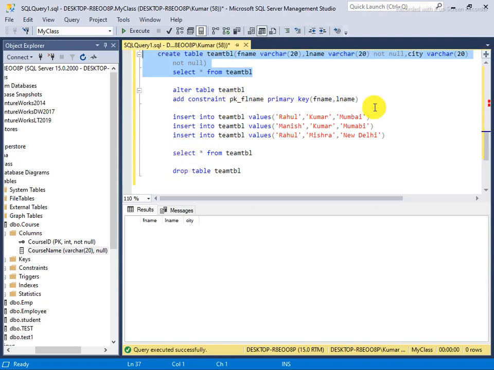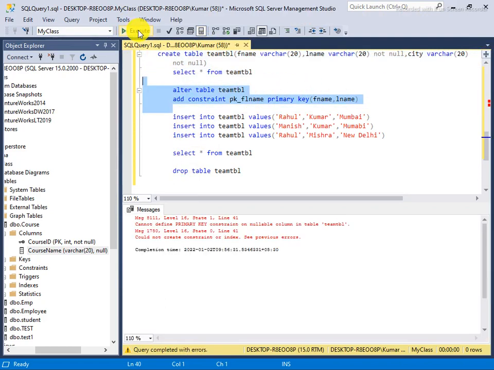Now the table has been created and I made it a primary key. Not null, not null.